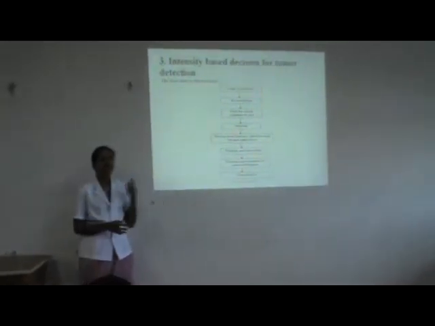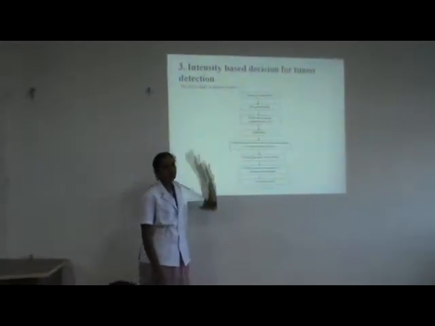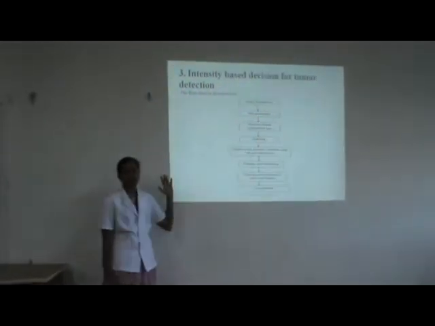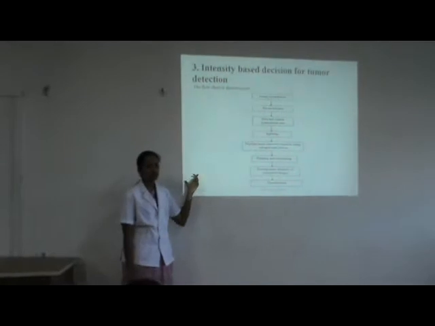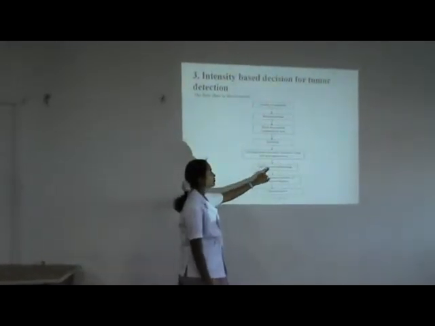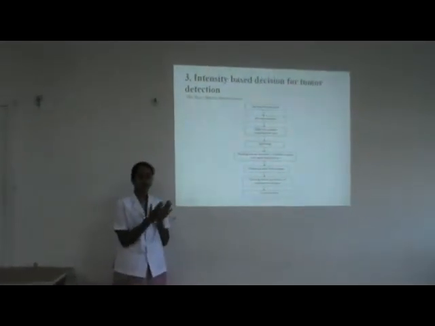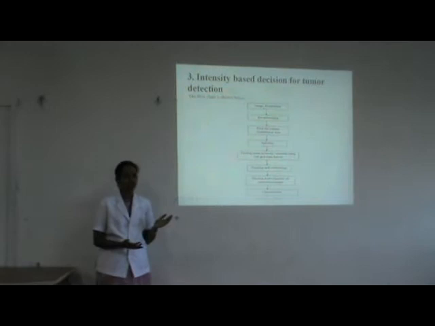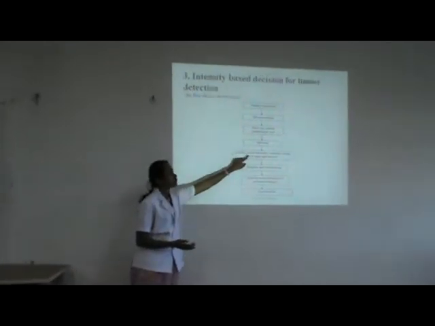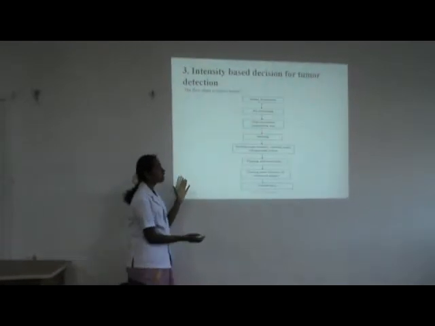Next we are going to split the left and right halves into two parts. After that we are going to find the values. First, on the left side we will calculate the mean as M1, and on the right side we will calculate that as M2. And next is flipping and subtracting. Flipping is because we are going to subtract the mean values of the left side of the brain and the right side of the brain, M1 as the mean of the left side and M2 as the mean of the right side.